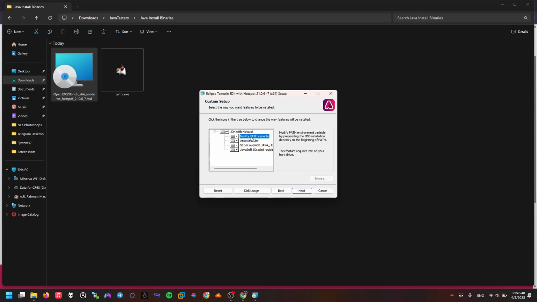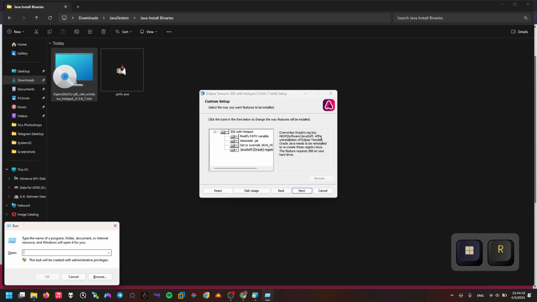So here we can see that it is going to add a path variable. It's going to associate the jar file, and it's going to override the Java home. So these are things that are actually required for the proper function of Java. Also the registration keys. So for example, if I were to open the system variables, you can do this by